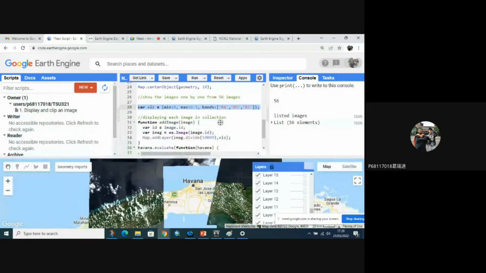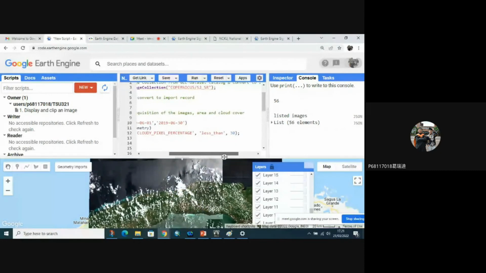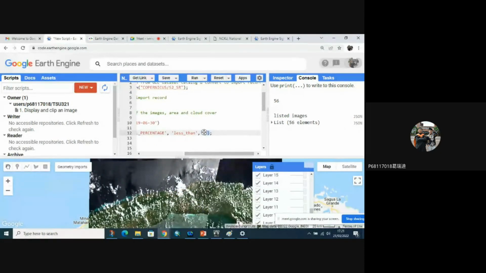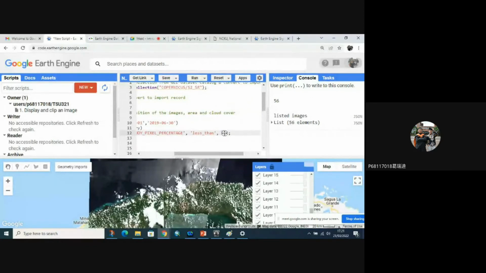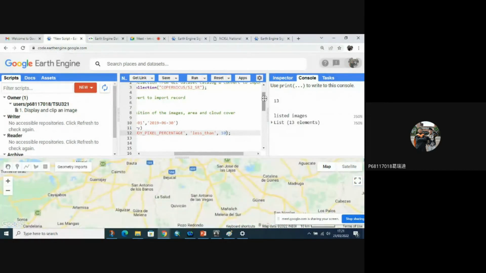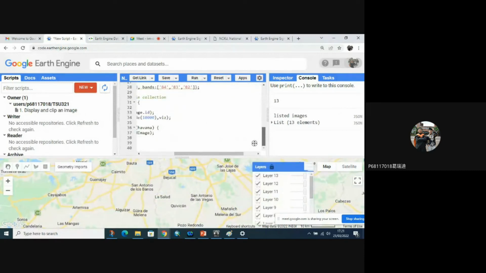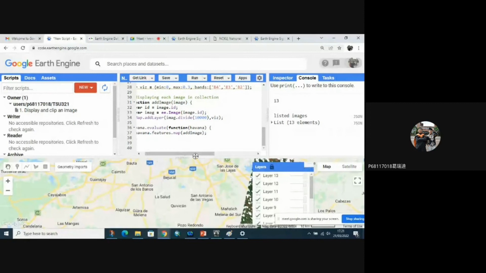If it's very time consuming, we can filter again, less than 20%, I think, more cloud free, or 10%. 100%, sorry. Okay, run. Oh, just 13 images. I think that is not so time consuming.